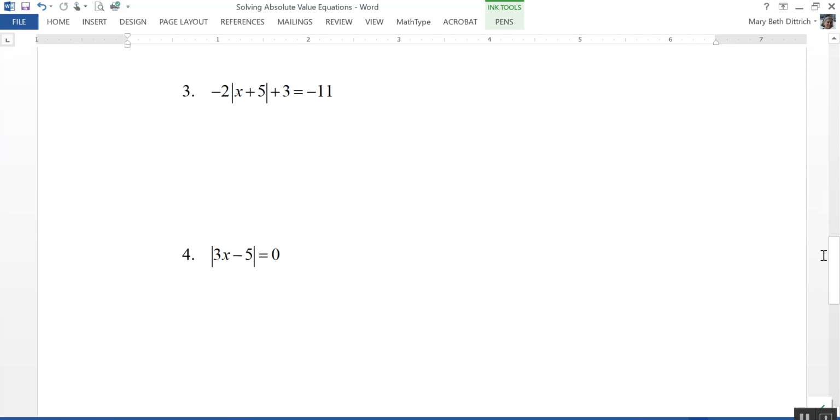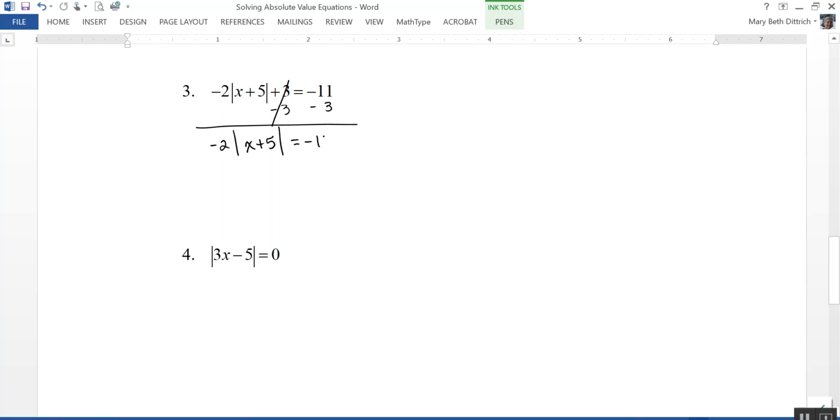I have negative 2 times the absolute value of x plus 5 plus 3 equals negative 11. Now, before you all of a sudden say there's no solution because it equals a negative 11, realize that I have not isolated my absolute value yet. I have to get rid of all of this stuff that's around the absolute value bars. I have to get rid of this times negative 2, and I have to get rid of this plus 3. So the first thing I'd like to do is subtract 3 on both sides. That's going to give me a 0, so I have negative 2 times the absolute value of x plus 5